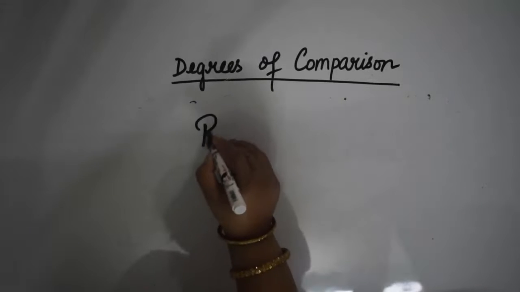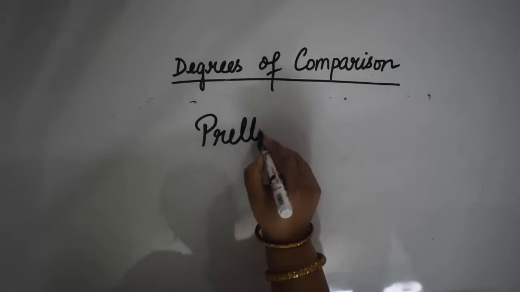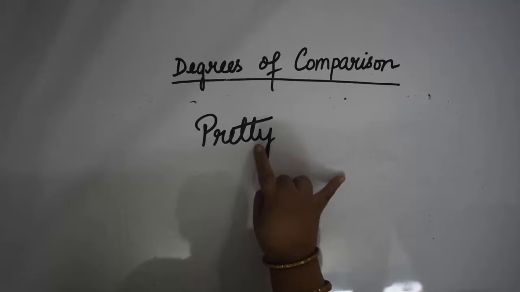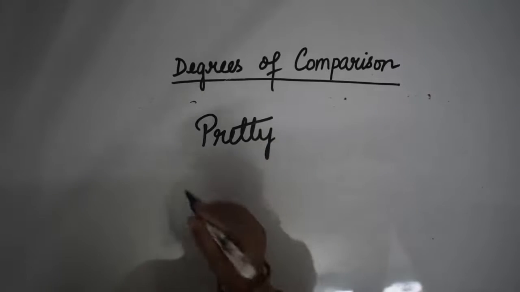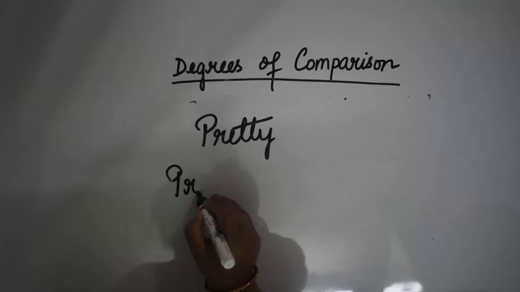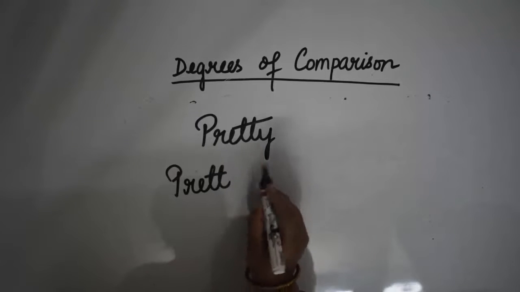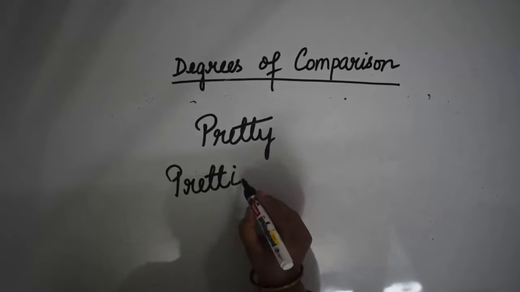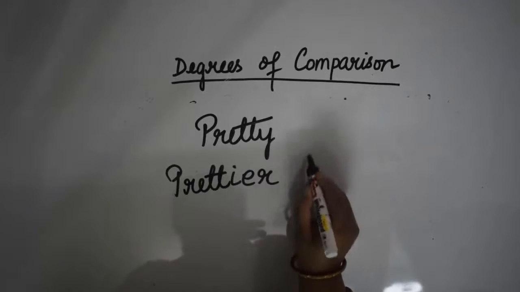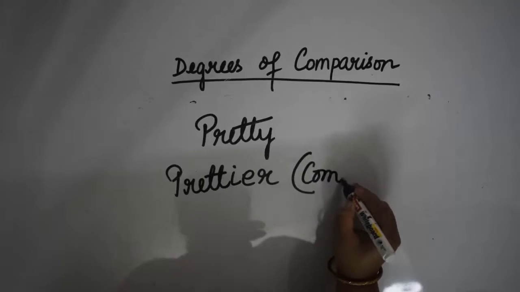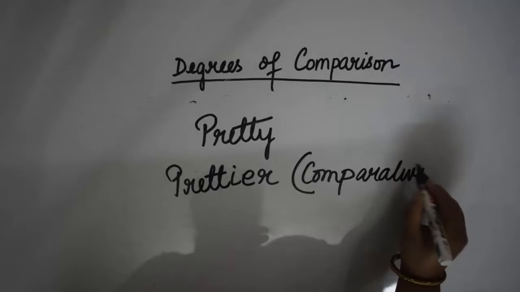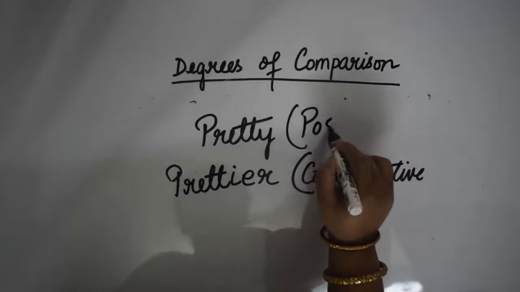Pretty. So pretty ends in Y and it has a consonant before it. So what do I have to do? I will change the Y. Instead of Y, I will write I first and then ER to form the comparative of the word pretty, which is prettier. So this is positive,